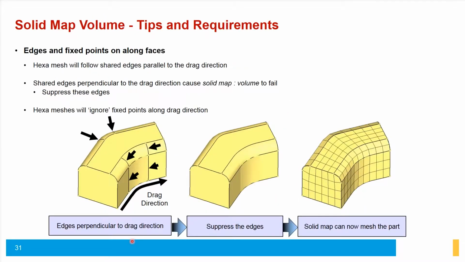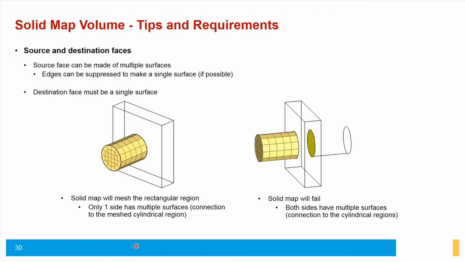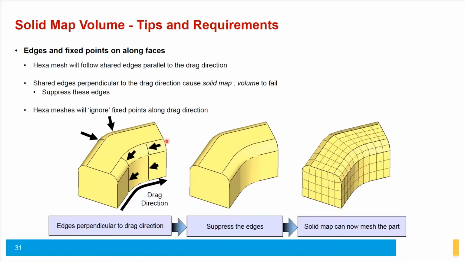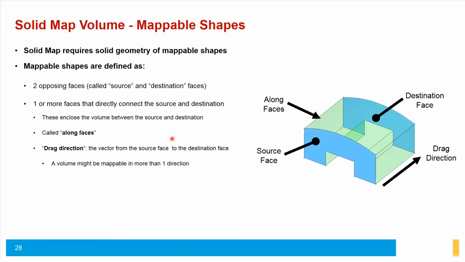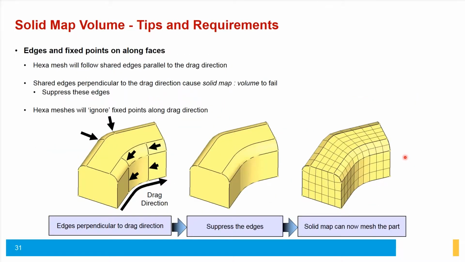Now, when it comes to these mapping directions, you don't have to have a perfect square front and a square back. You can start with a circle round front and map towards a square back if you needed to. So you can mesh some fairly complicated things, but you just got to follow these rules of making sure that you have one source face, right? You can have multiple source faces, but you can have only one destination face. And you need to have a drag direction,